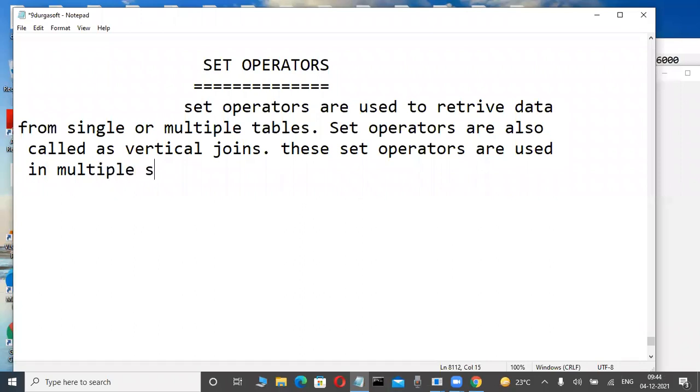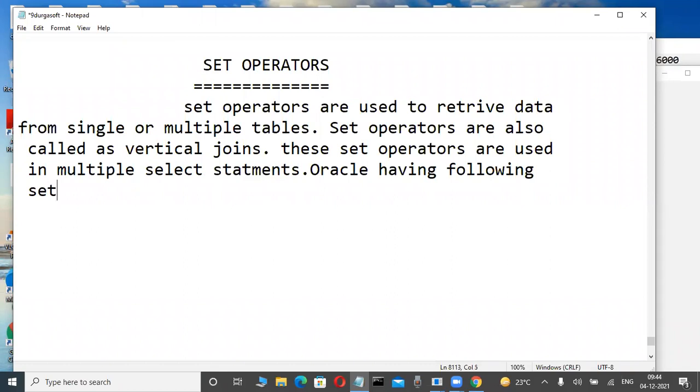Every database has the same, but Oracle has the following set operators. These are the first one,